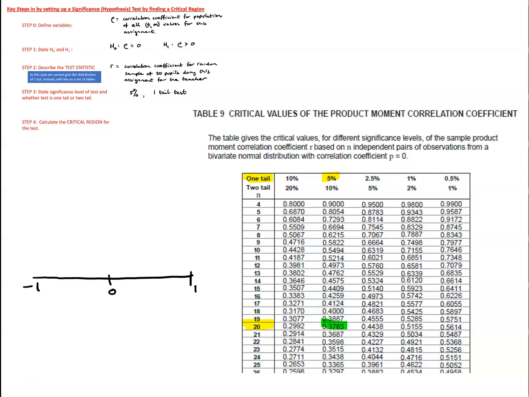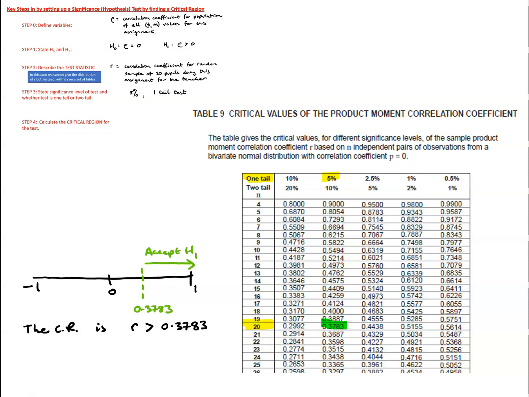0.3783, which tells us that obtaining a value of r which is bigger than 0.3783 would be very unlikely under the assumption of the null hypothesis, that the population correlation coefficient is 0. So if r is greater than 0.3783, we're going to accept the alternative hypothesis, and if r is less than 0.3783, we're going to say there is not any reason to reject the null hypothesis. So the critical region then is r is greater than